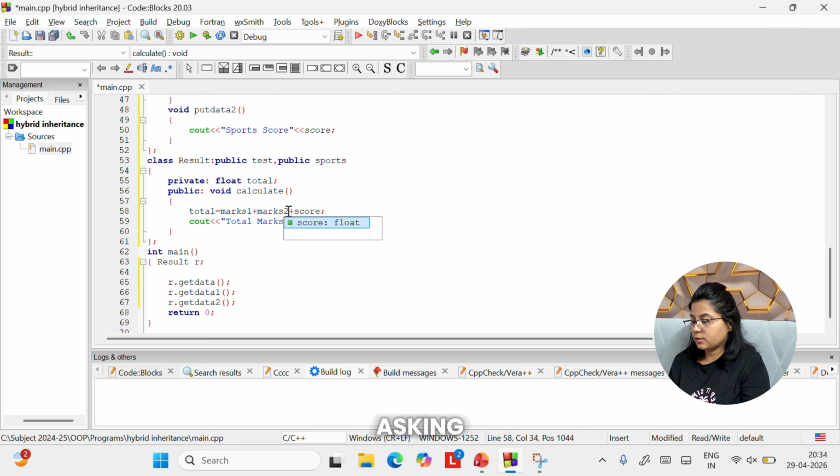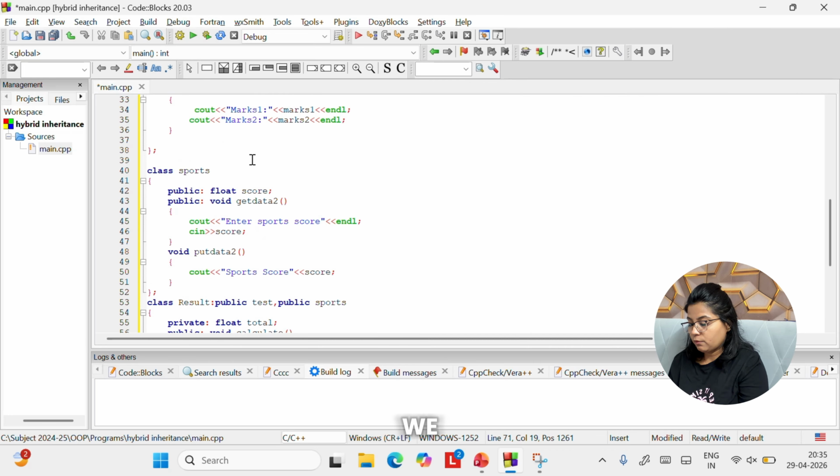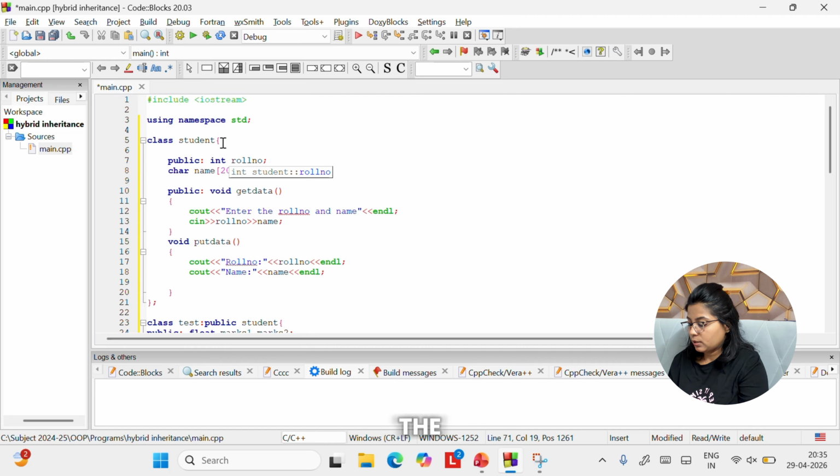So I will call put data function of student class, then I will call put data function of test class for displaying marks 1 and marks 2, then R dot put data 2 for displaying the sports score, and then finally what we are doing is we are calling the calculate function for calculating the total as well as displaying the output.